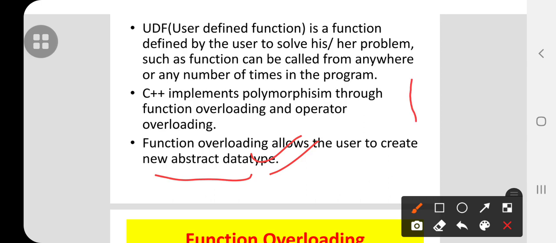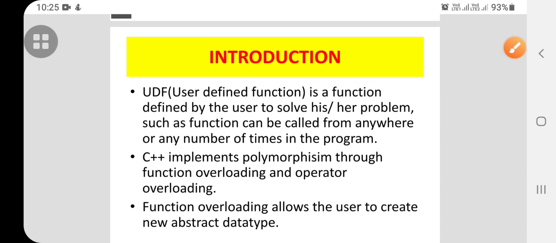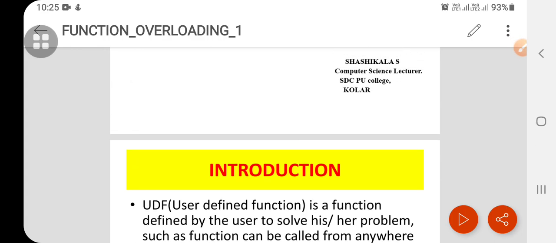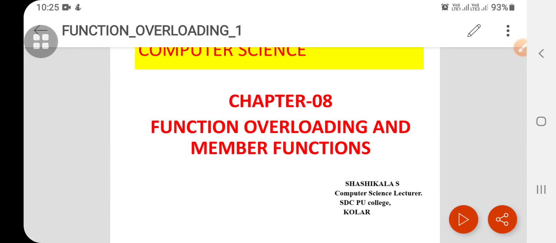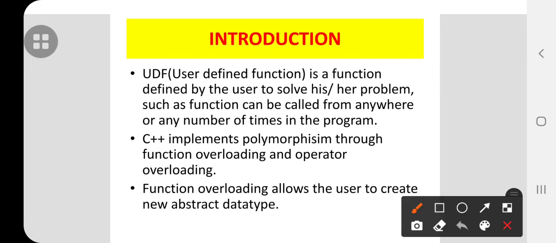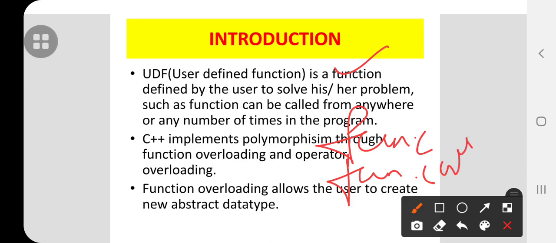Okay students, I guess you all understood what you are going to study in chapter 8, that is function overloading and member functions. You should know what a function is, what a function call is, and what a called function and a calling function are.